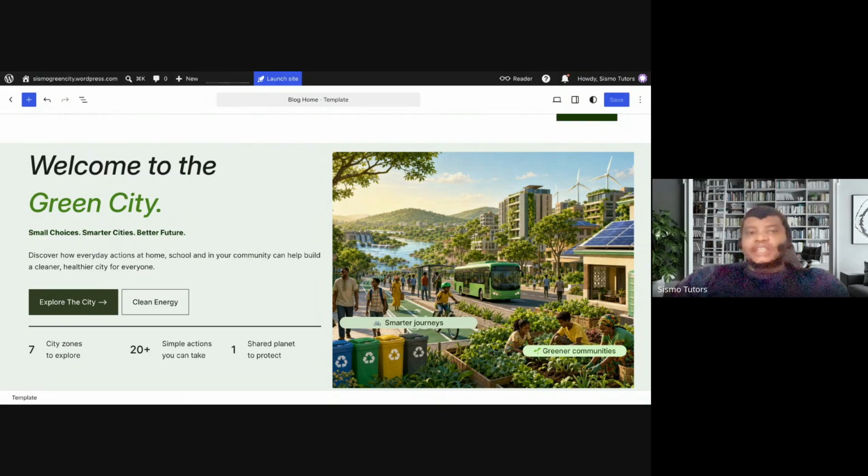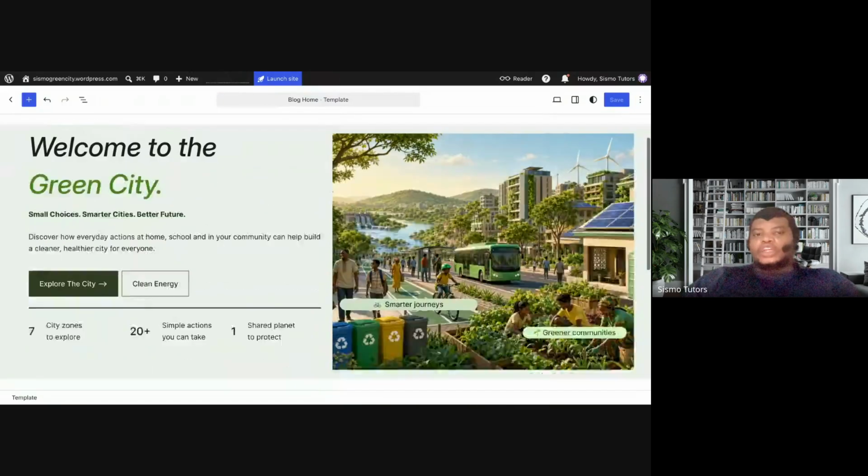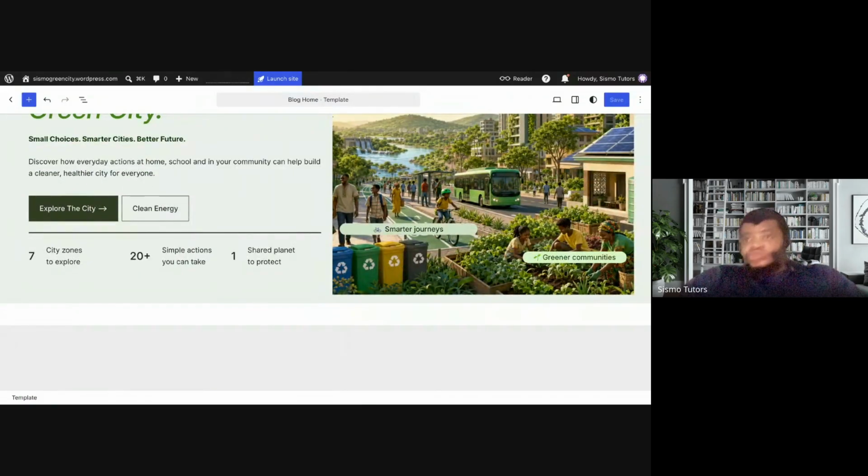So with that being said, let's just create our skeleton for the next section. And to create the skeleton,